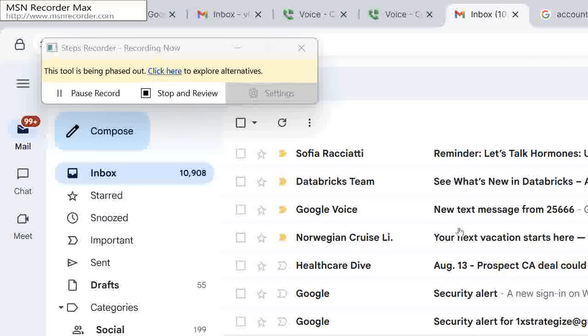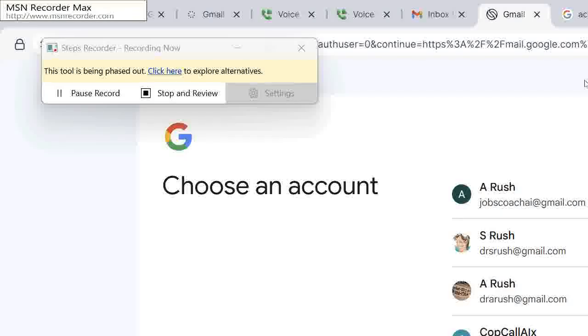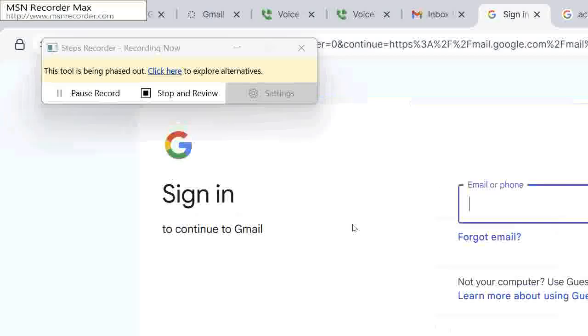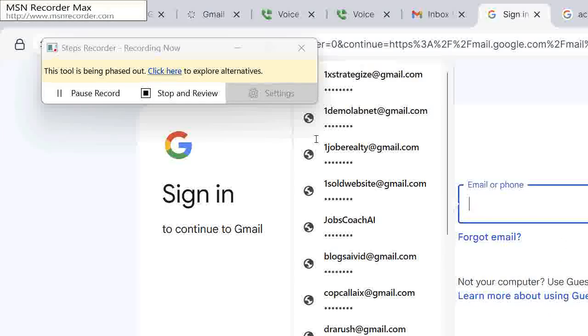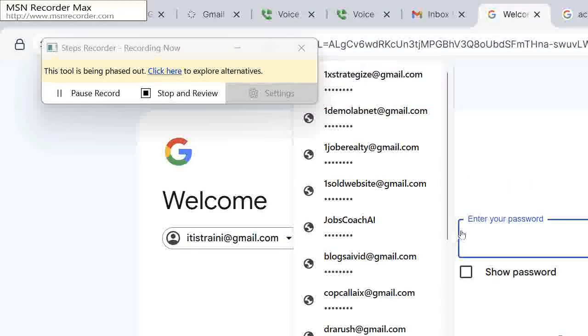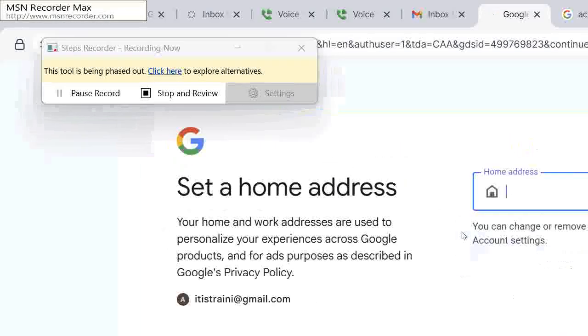So I'm scrolling back down to add another account, and then down again to the very end to use another account again. Now I want to paste the account name, and then I have to enter the password and proceed. At this point, I want to save the password. I want to skip all the messages, and I want to go to